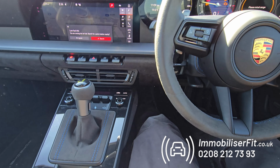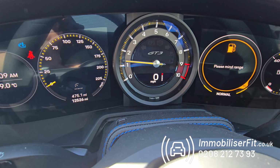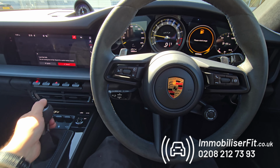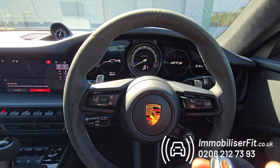Before they put it in gear, they'll go through a nice simple code. We have 1, 2, 3, 4, but obviously they can change that to whatever they want. Receive that double flash from the hazard lights, and we can drive the vehicle away. When they turn the vehicle off, it takes about 5 seconds to set, and if a thief was to grab the key, try and steal the vehicle,